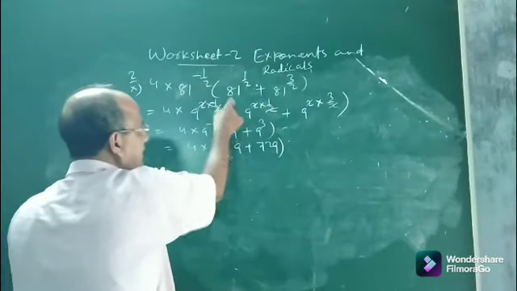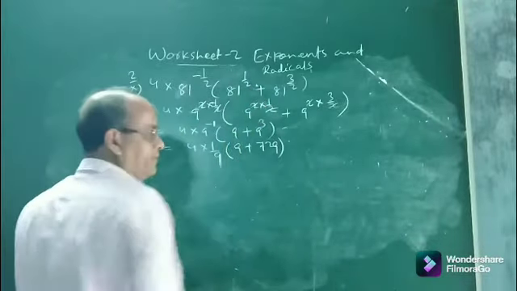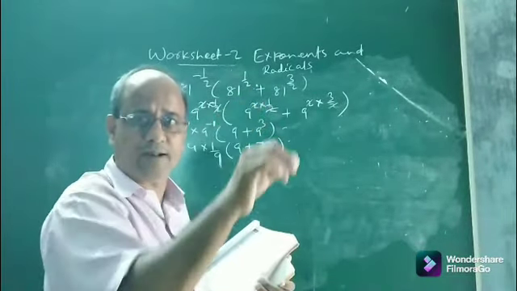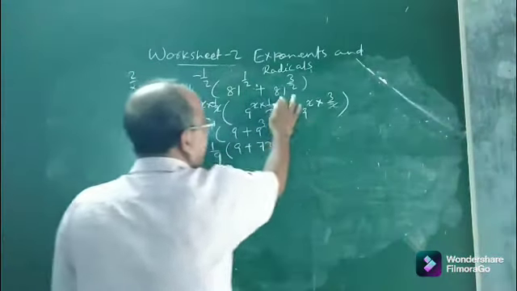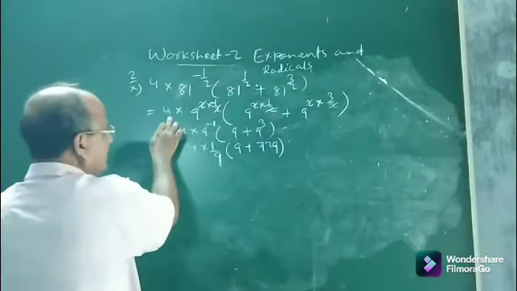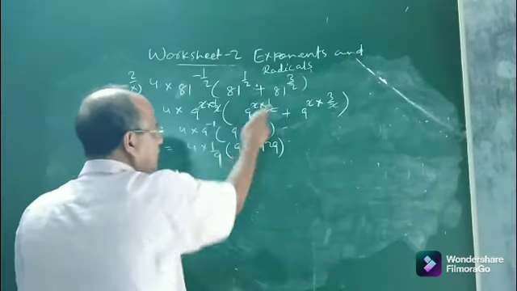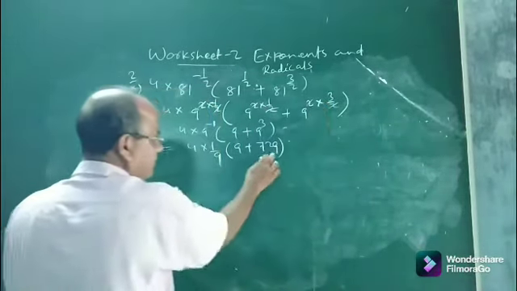So if you write 81 as 9 to the power 2, then this power 2 and 1 by 2 will be multiplied by the law of exponent, that is a to the power m whole to the power n equal to a to the power m into n. Now in a similar manner you break this. Now 2 cancel, 2 cancel, 2 cancel. So what is left here? 4. Here it is 9 to the power minus 1. Here it is 9 to the power 1, that is 9. And here it is 9 to the power 3, that is 729.